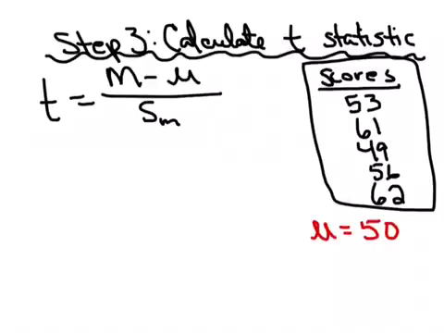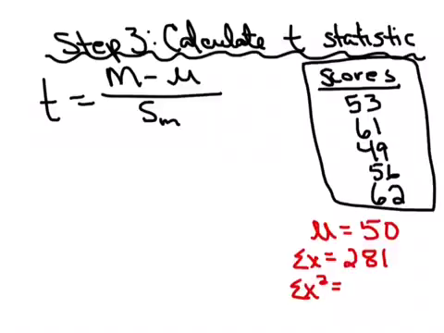So the first thing I start doing is just getting the information I need to be able to calculate my test statistic. First, I'm going to get sum of x, then I'm going to get sum of x squared. Remember, sum of x squared without the parentheses around it is basically each score individually squared and then added. So if you get your sum of x, which is 53 plus 61 plus 49 plus 56 plus 62, that's